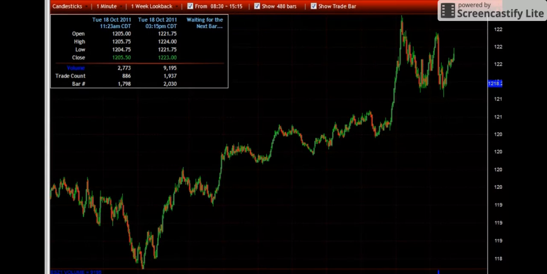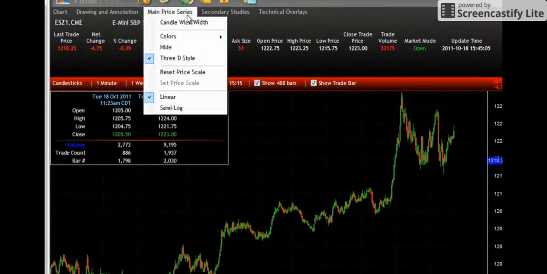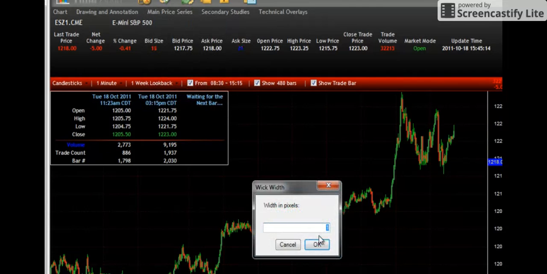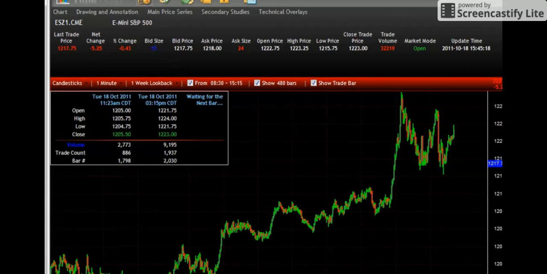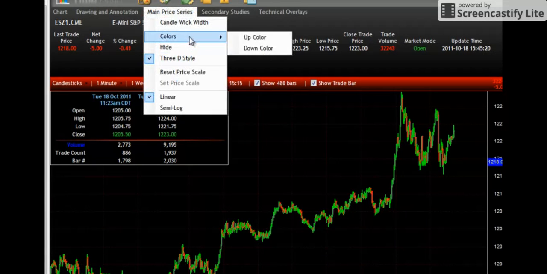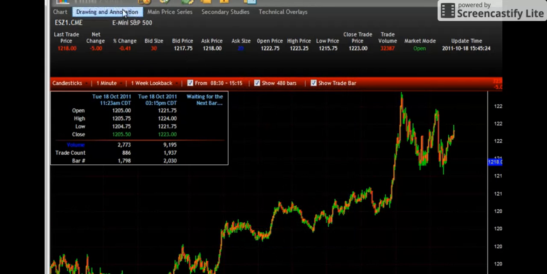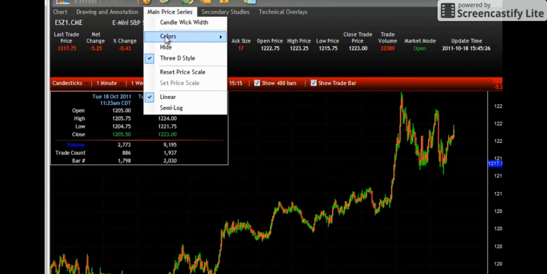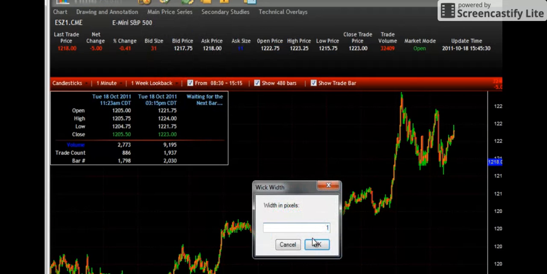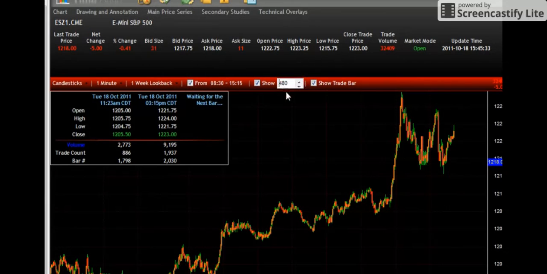Then in the next toolbar here, we have main price series. The selections on this menu enable you to change the appearance of the series itself, which, being that I have candlestick, I can adjust the widths of the candles themselves and the wick. I can change their actual colors if I prefer something different. If I want the up color to say be orange, I can do that. And if I actually, I'm going to go ahead and put this back to 1 so you can see. Change this to,